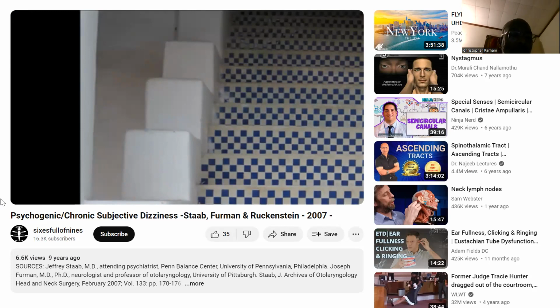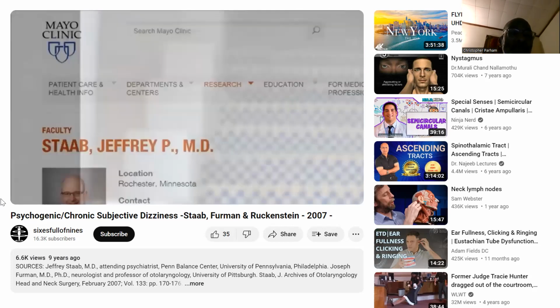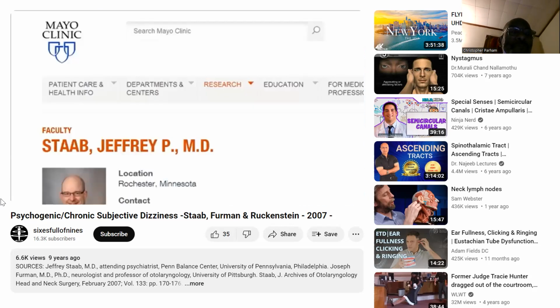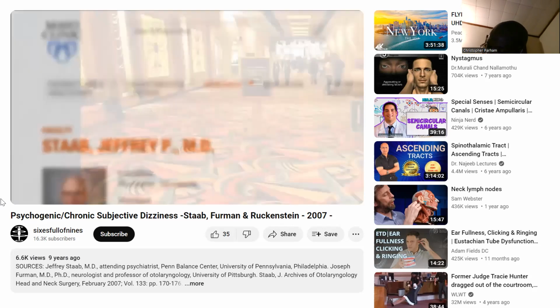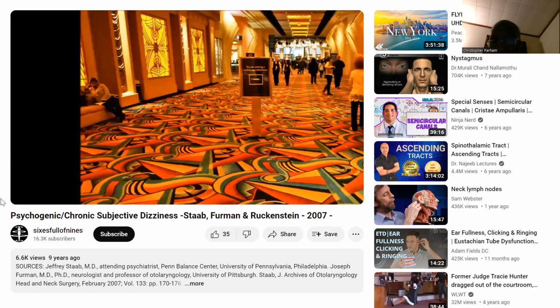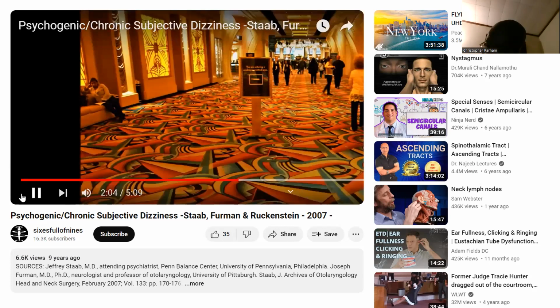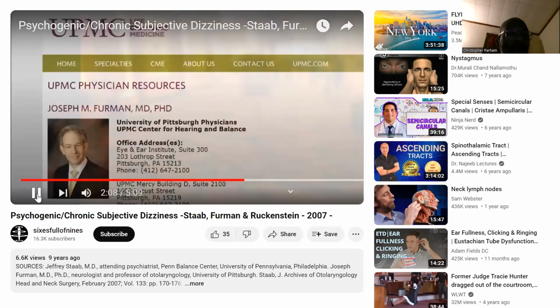When these patients enter an environment filled with visual stimuli, such as coming in out of the rain or navigating through a busy grocery store, the dizziness gets worse. Too much sensation is coming into the brain, Staab says of the condition, which can be disabling. About 3% to 5% of American adults have recurrent bouts of dizziness, Staab says. About 1% have persistent dizziness. In his study, Staab and his co-author, Michael J. Ruckenstein,